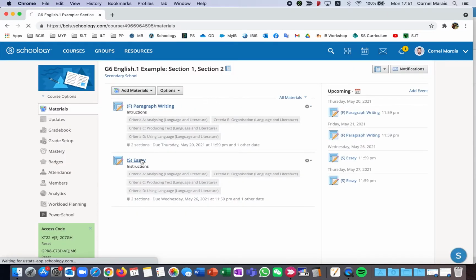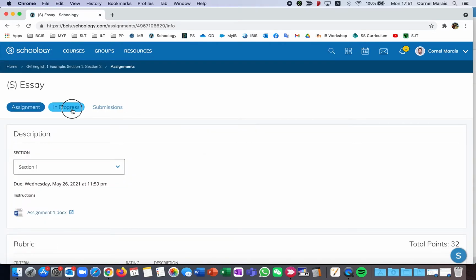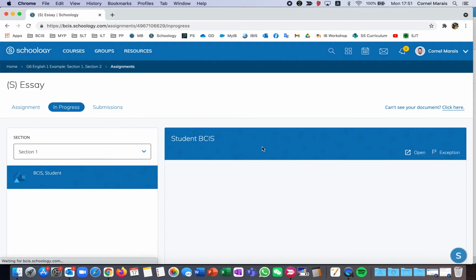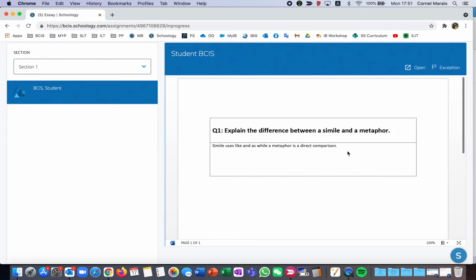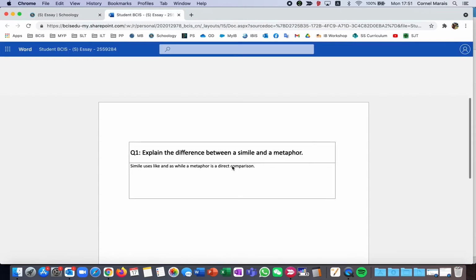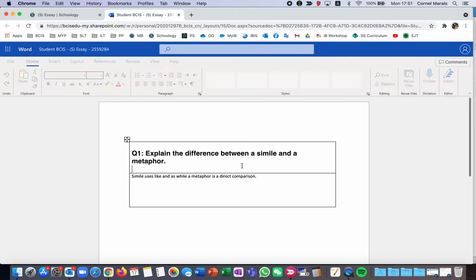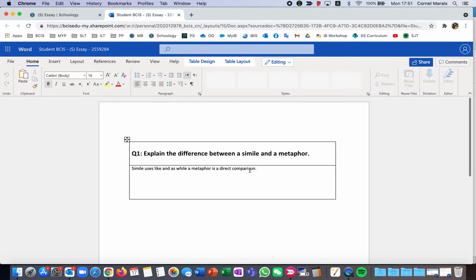Okay, there it is. I go to in progress, and now I can see this student has started working on it, and I can see his answer right there. So you'd have a list of all your students, and you can just click between them here, and their documents will actually show up. I can open this because I'm the owner of this file, and I can come in